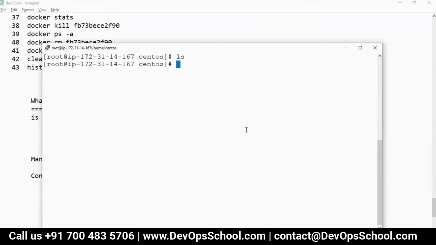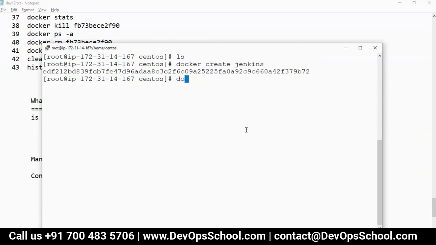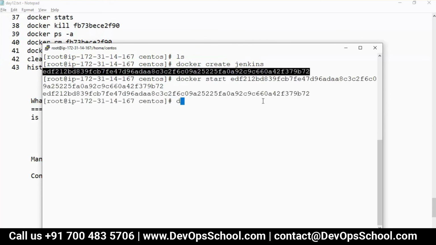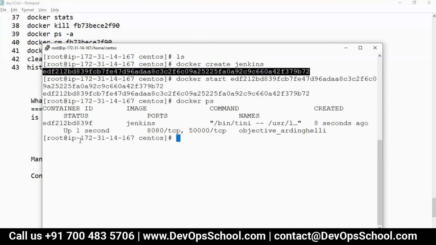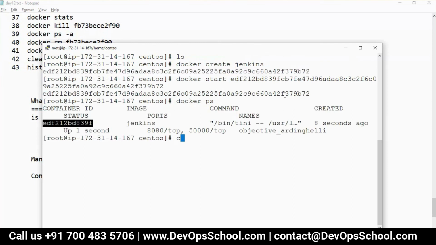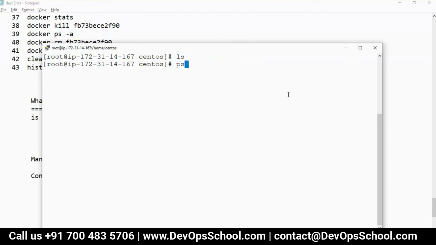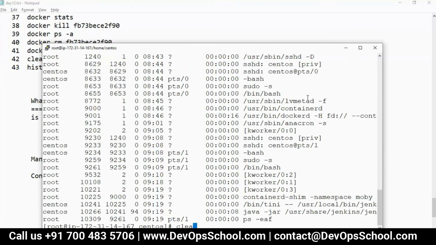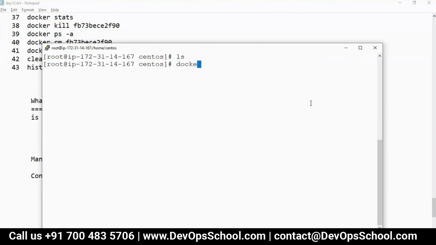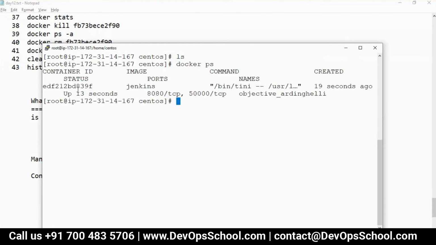So now you want to trace yourself. You did it. Now you want to trace the container. So Docker create Jenkins. This is not running. Docker start container ID. Now Docker PS. See here guys. Container itself is acting like a process. How? Let's do that. So Docker PS is the container ID. Can we trace that?